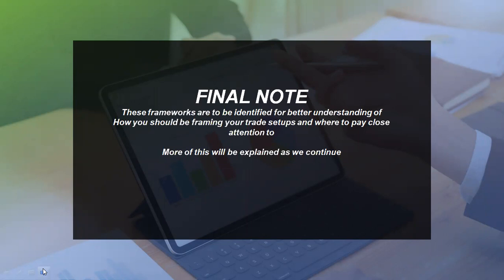So I want you guys to go to your chart and look at how these things pan out, how you see the consolidation before the expansion and then the consolidation, the reversal, and all of this fun stuff, right? This will really give you a better idea of where you should be looking for your trade setups,